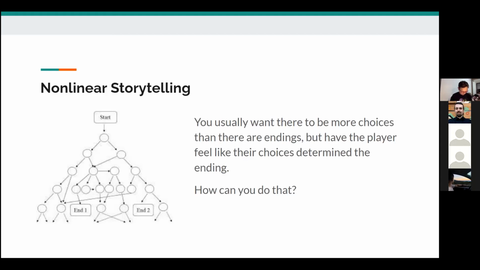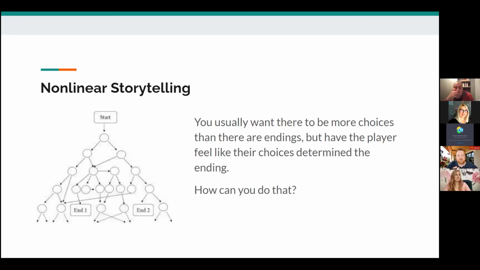And so you don't want too many outcomes at the end, but you do want the player to feel like their choices determined what ending they get. So how do you do that? There are multiple ways that you can do that, and some of them involve these very messy graphs like this, where you're mapping out overlapping possibilities of stories.